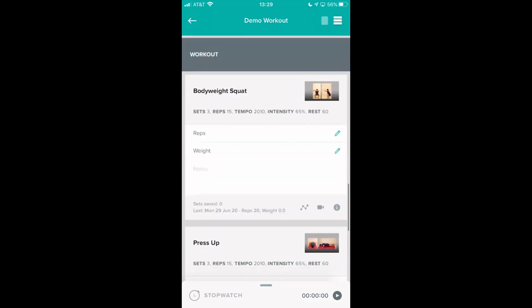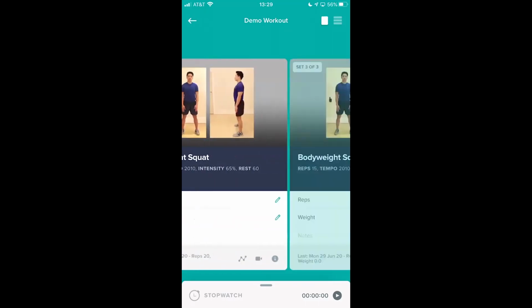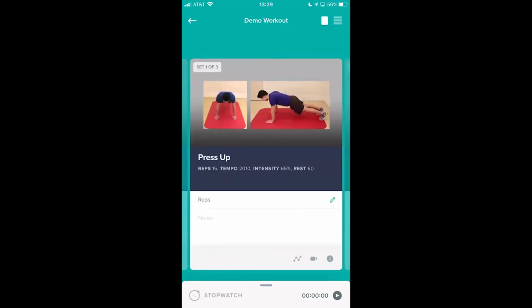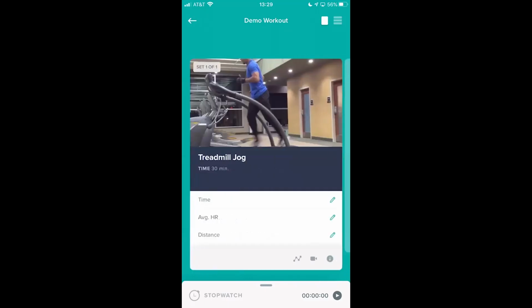So in this view, again, this isn't a circuit. So if we swipe through, it's going to be 3 sets of squats. So we'll do squats, squats, squats. Now we've got the 3 straight sets of press ups. So that's kind of how entering in resistance training exercises works. Next, I want to show you how to